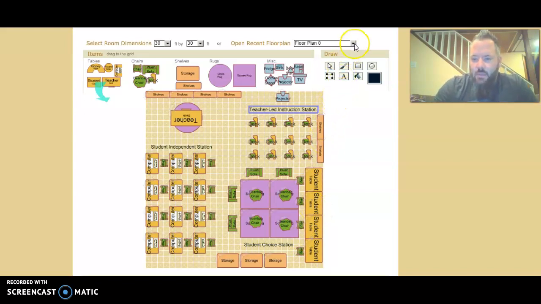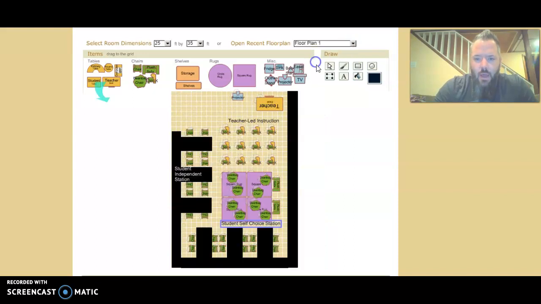I did, like I said, make two floor plans. The first one was my ideal. I did make one that is, if I had to set it up in the classroom I have now, the black border here is counter space, and then these are my lab tables, these larger spots here. So this is kind of what my classroom looks like now if I had to fit the different stations into